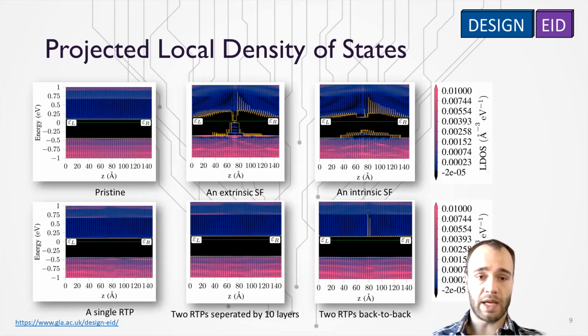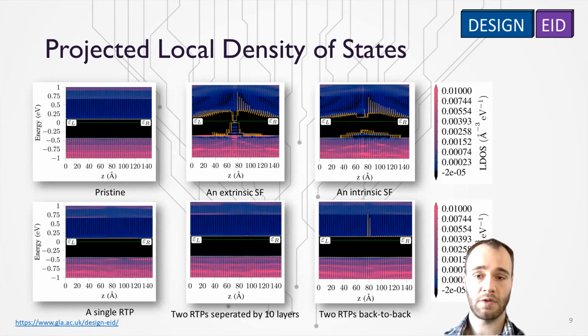The difference from this and a band diagram is that we show the amount of states, the density of states, shown by the color. So we see here why the RTPs don't block out any current, because there's no real difference in the density of states. There's a slight relocation of states in the high energies and the low energies, but nothing really close to the conduction and valence band edges. So that's why we don't really see a difference in the current.